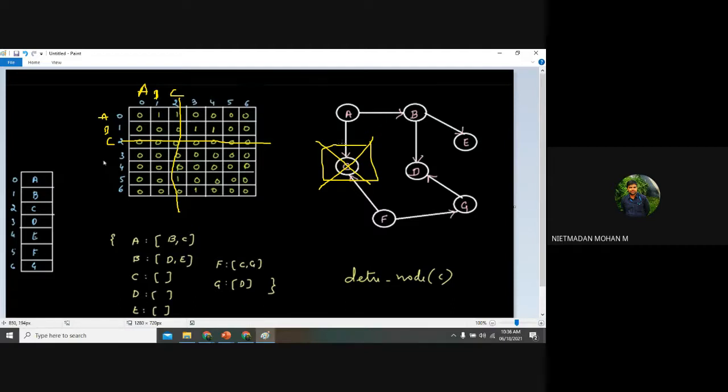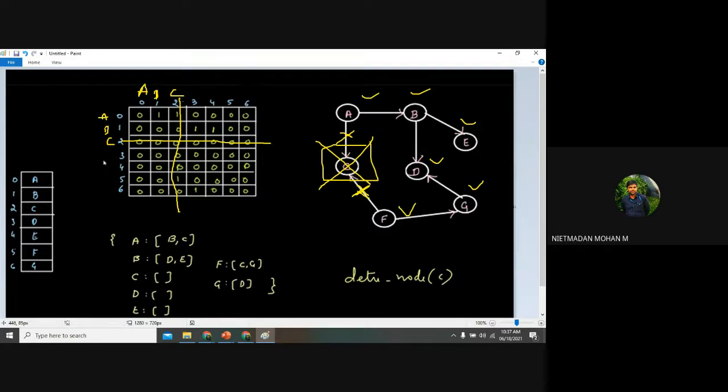If you are deleting the node, all the edges will also be deleted. If you are deleting one particular node without any condition, then the edges which were in-degree or out-degree will also be deleted. In the matrix representation, whatever representation was given for vertex C will be removed, and the matrix will be reduced to a 6 by 6 matrix, since only 6 elements remain.